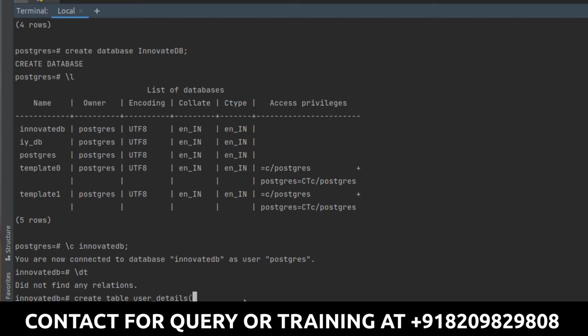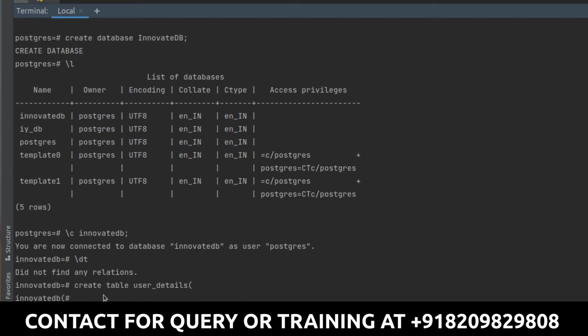So for example, this is my name. Now open the bracket, and over here I just want to pass the different fields, or let's say the names of the different columns plus the type, what type of value each is going to store. So firstly it's id, and id will be of integer type. Let's say int, integer, and this id should be a unique value.